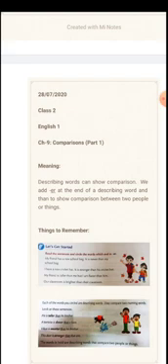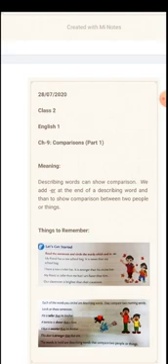So when we are describing only two things, we use this comparison by adding er to the describing word. After adding it, we add one more word to it, that is than.